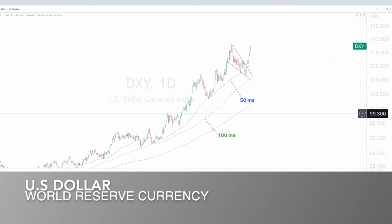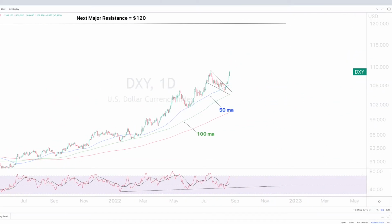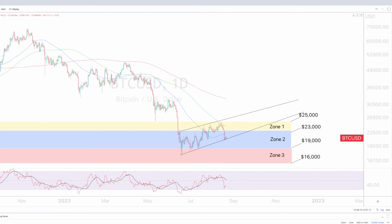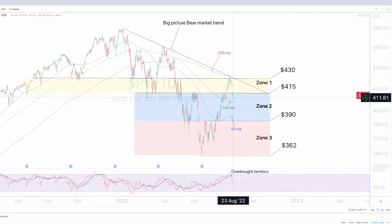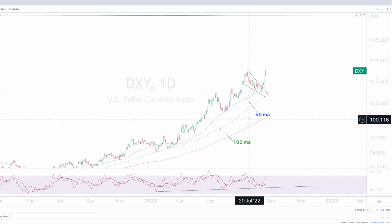All right, so let's also take a look at the dollar. The dollar is the reason we're seeing such a huge pullback. Ethereum had a huge pullback. Bitcoin had a huge pullback recently, and the stock market got rejected. And I thought this was going to happen. Why? Because the dollar is the wrecking ball. When it moves fast, it wrecks the other markets. So you can see the dollar has been supporting the 100 moving average pretty clear, and also the 50 moving average. It had this bullish wedge pattern, and then it supported the 50 moving average, and then it just